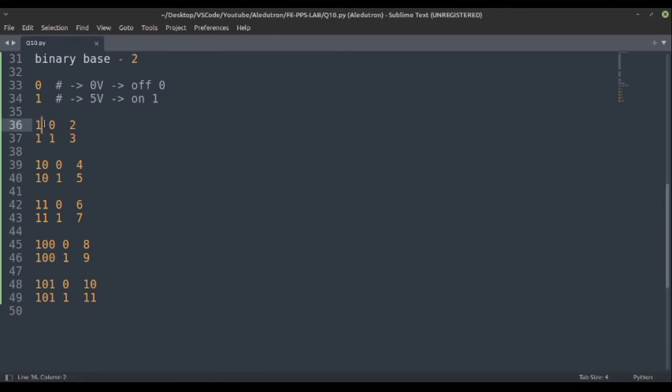So these are binary. If we remove this space, then we can see more clearly. So these are the binary numbers: 0, 1, 10, 11, 100, 101, which is 5, 110, which is 6. So similarly it continues on. So how to convert these zeros and ones into decimal numbers?